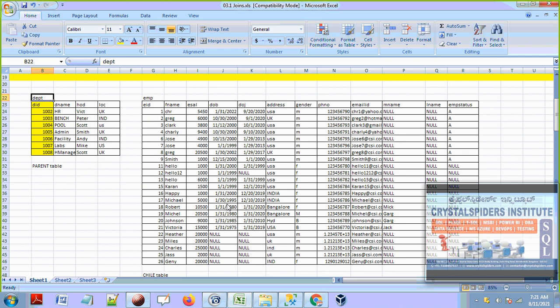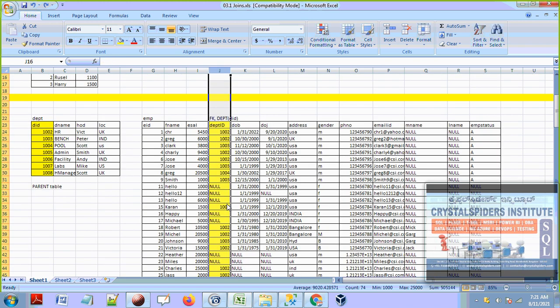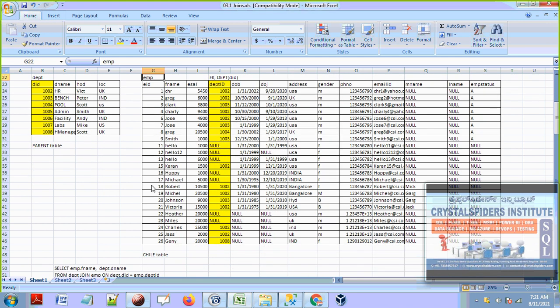We always make sure to join 2 tables which are in a relationship. Even if they are not in a relationship we can still join, but that will give some bad results. That is not a good thing, guys. That is not going to give you the right data all the time.